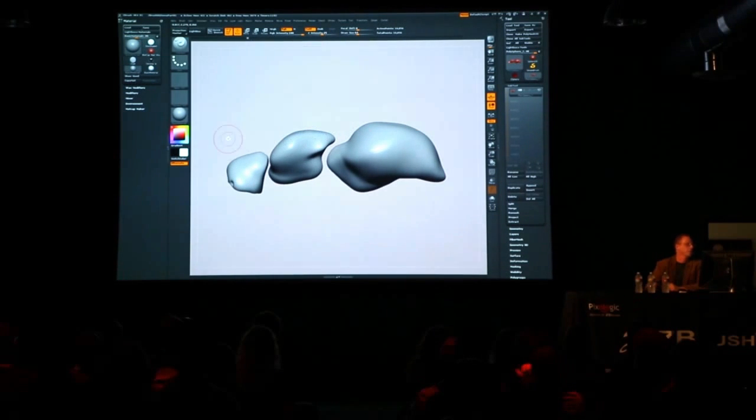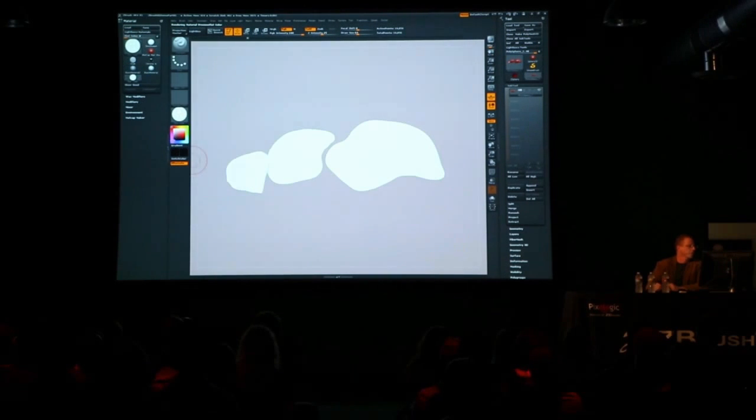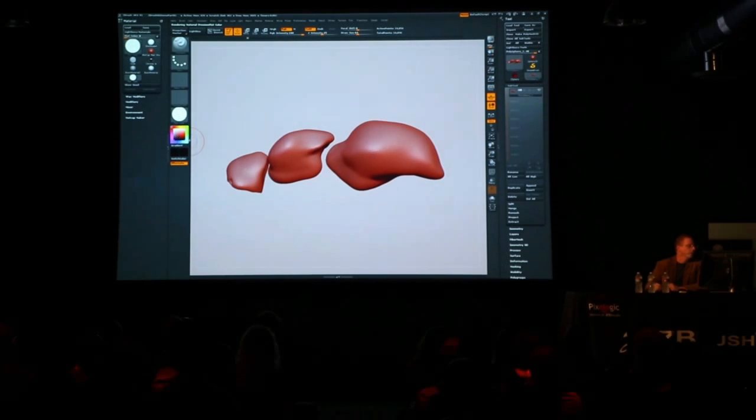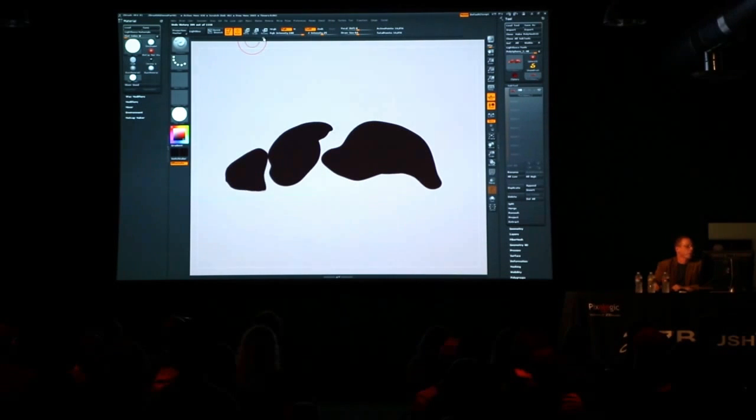And a lot of times what I'll do, of course, is I'll rotate to a side view and switch over to a different material, such as flat color, set this over black, and work in sort of a silhouette form, which I'm sure you guys are familiar with. It's very similar to working with a big fat magic marker. You can work on the forms and not get lost in the details. So you can sort of see I'm working through here and trying to figure out what is the basic